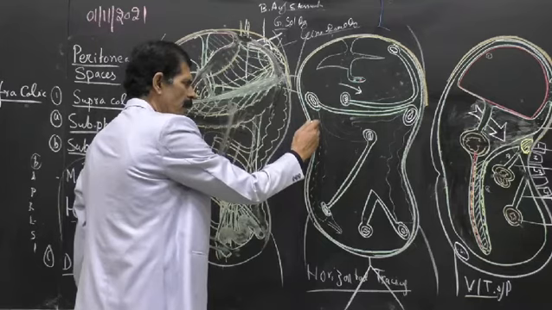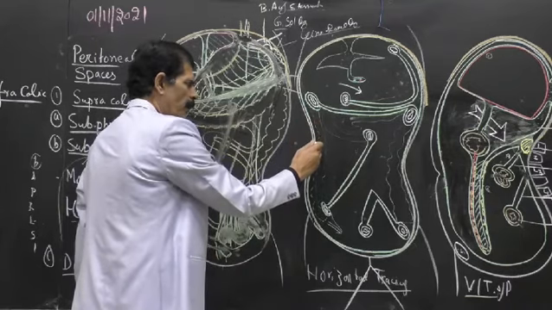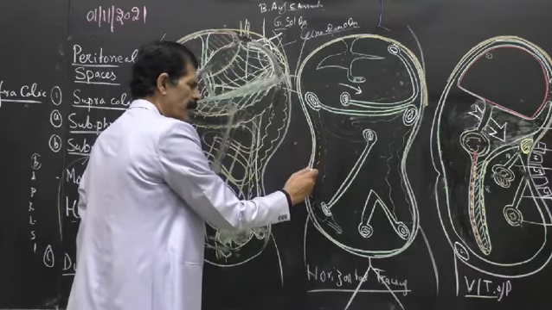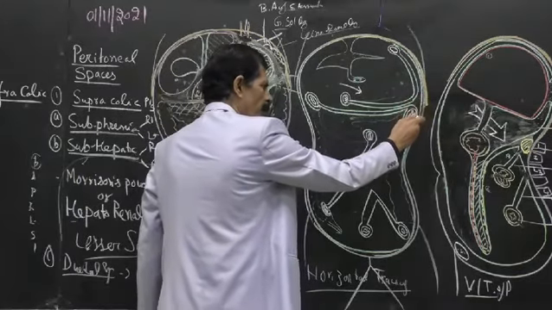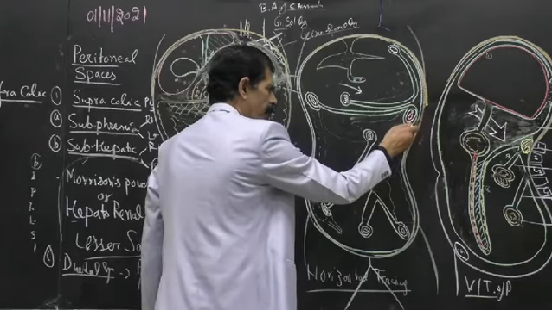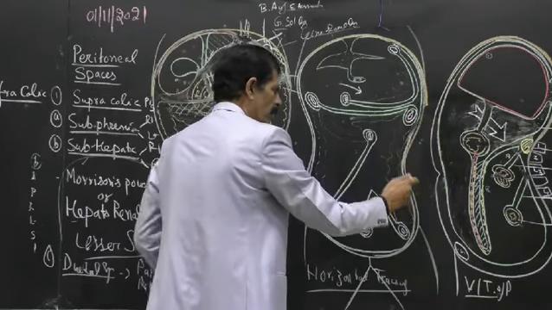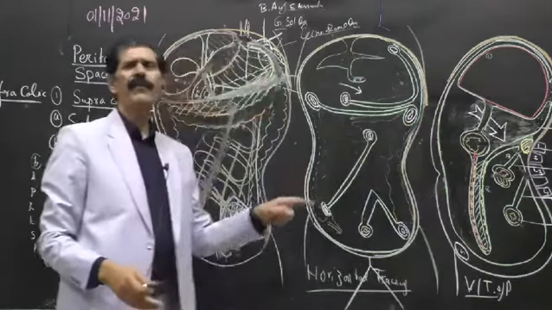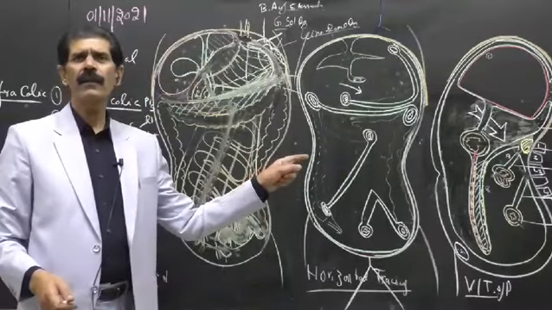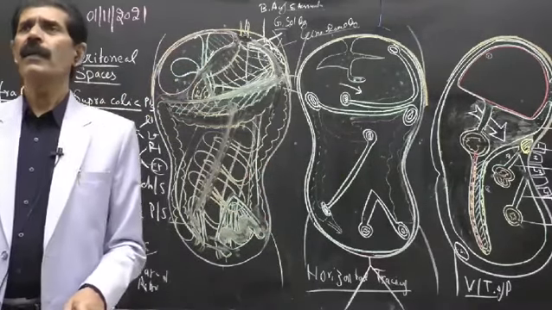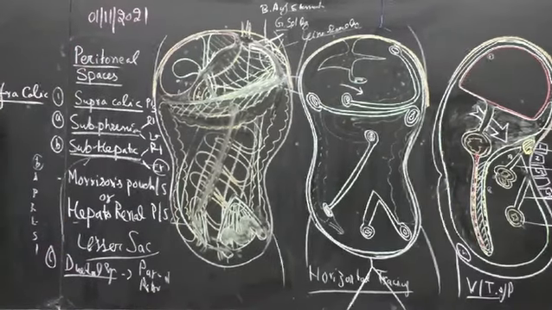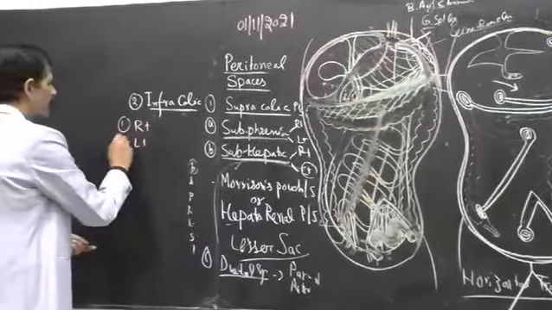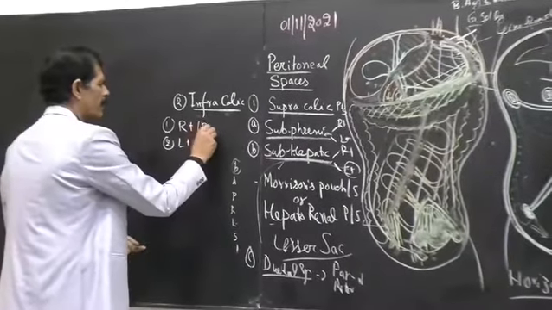Plus, I can put my finger in between the abdominal wall and the ascending colon. Similarly, my fingertips can go between the body wall of the abdomen and the descending colon. So these two are called the right and left paracolic gutters. Para means parallel. So in the infracolic space, they are the right and left paracolic gutters.